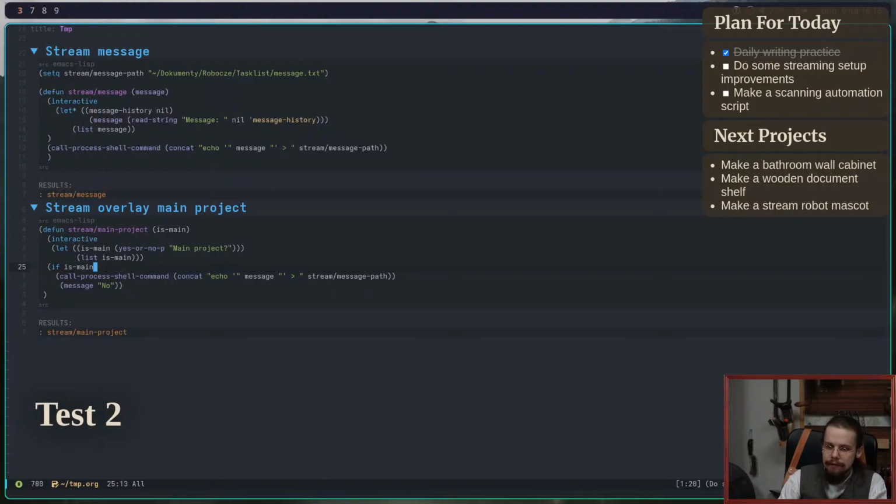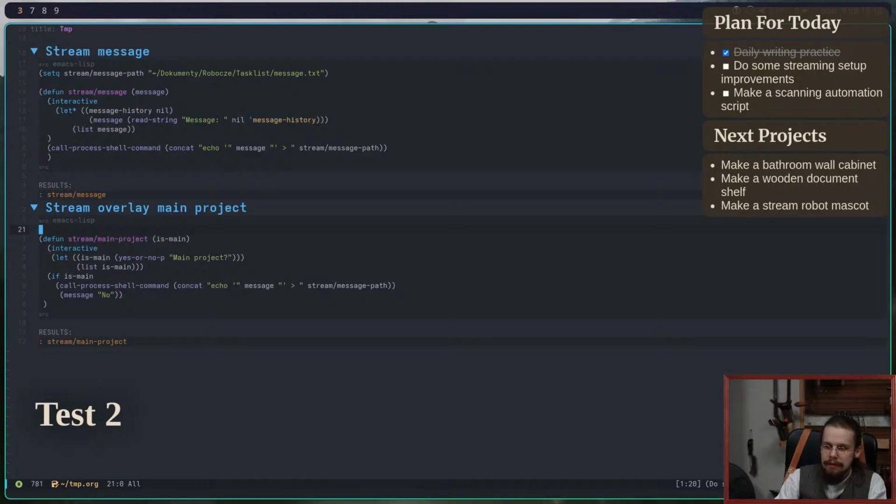Delete around. Okay, shell command, message path. I probably have to do the main project path. Set q, stream main project path. Main project path. This is kind of